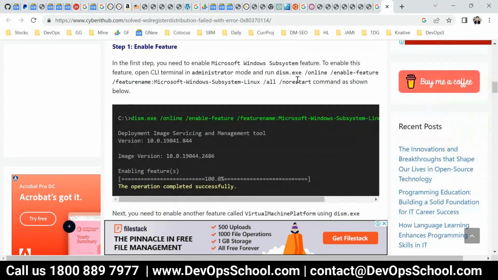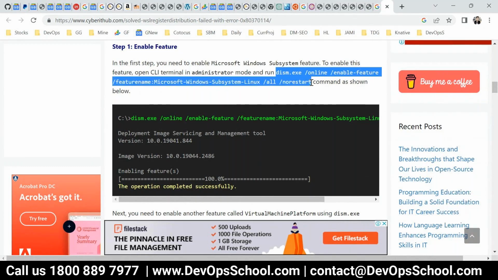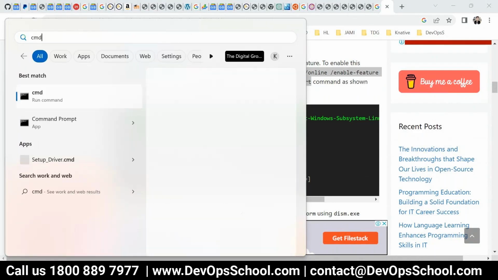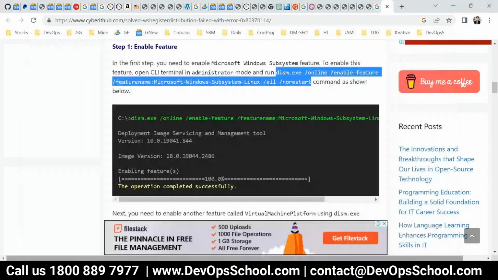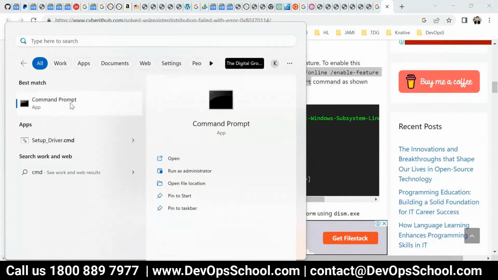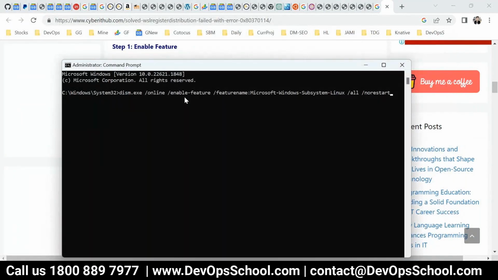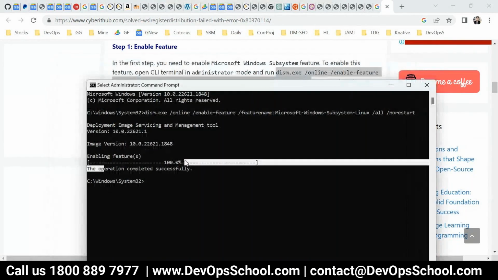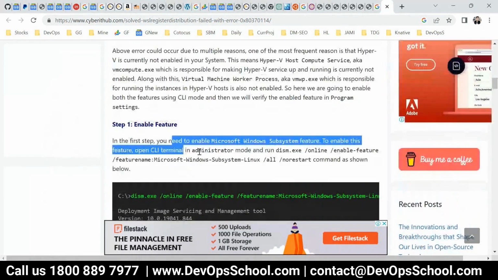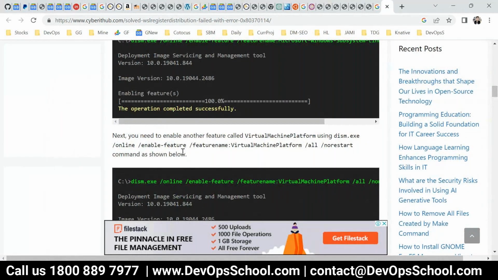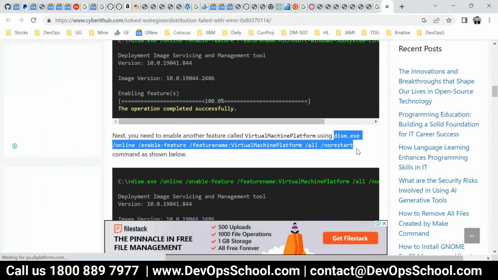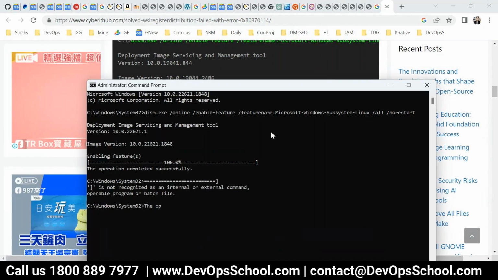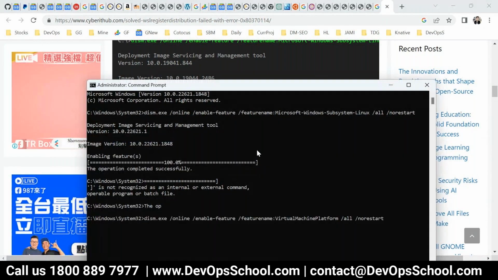Using this command. So go to your command line CLI, and as an administrator, run this command. No restart is required for this. So click on this command line and open this one. And here, click on this, and this will be enabling those features. Just wait for it. That is one thing done. I'll also check if something else is required. After this, they are saying, hey, do this one also. So how do we do that? Click on it, copy this command carefully, enter. So this is also done,